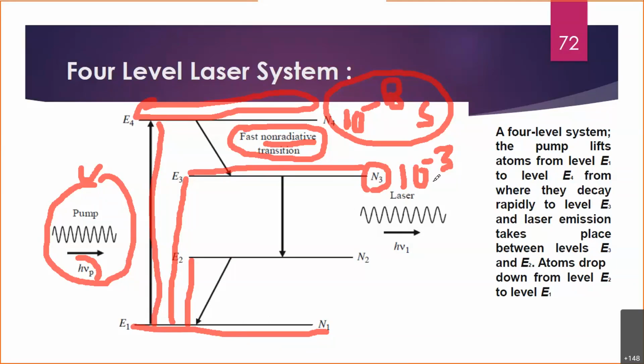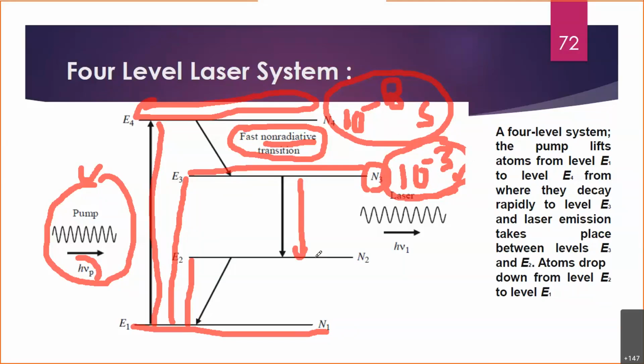And now, after spending this much time in level number 3, it has to come down to the lower level, of course, because it is in the excited state. And because of this larger lifetime, people call it a metastable state also. So don't get confused. Sometimes you can directly say level 3 where the lifetime is large compared to other levels, or you directly say that the level where the lifetime is more is what we know as a metastable state. And then after spending this much time interval, it will come down to the immediate lower level.